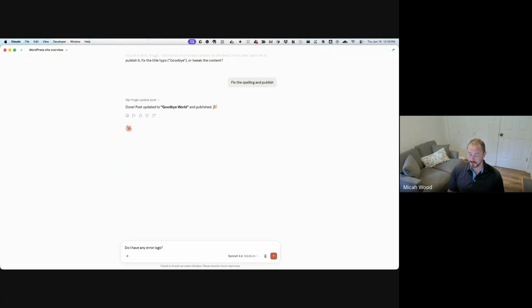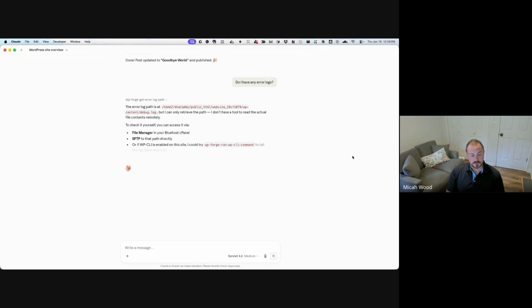so I'm actually not sure if you can do that with this. My plugin has a tool to read the error logs, assuming you've enabled the error log function in your config file in WordPress config. If that's enabled, then yes, it'll be able to read it. I don't think it's enabled on my site. Well, this is read only, so we're going to allow always. Yeah, I may actually need to update that, but yeah, you can give it access to the logs,